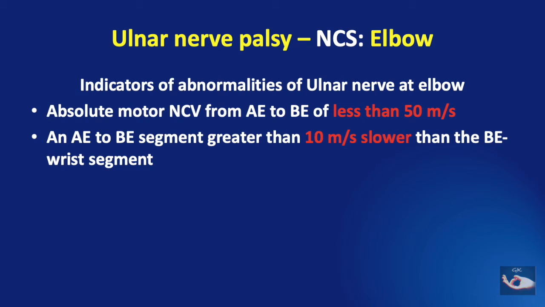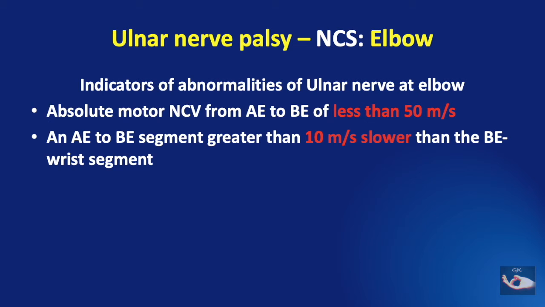Normally, the conduction of the nerve is faster in the below elbow to the wrist segment rather than the above elbow to below elbow segment. This change is about 10 meters per second slower in the elbow segment. If the above elbow to below elbow segment is greater than 10 meters per second slower, it means there is